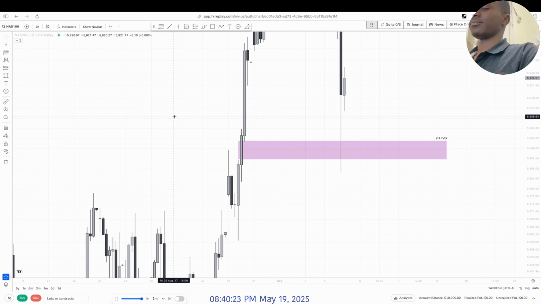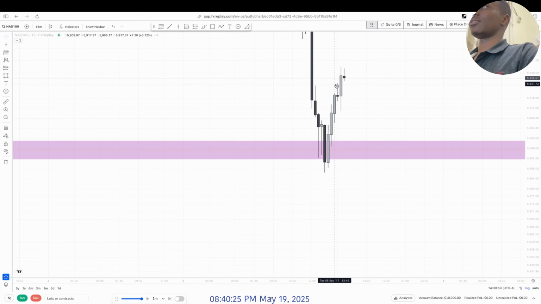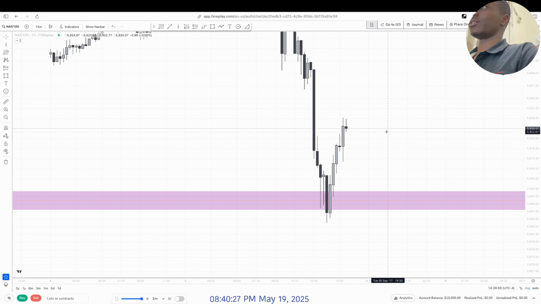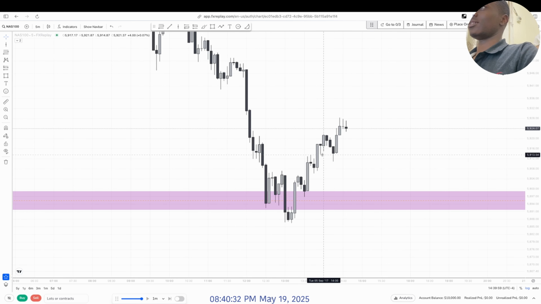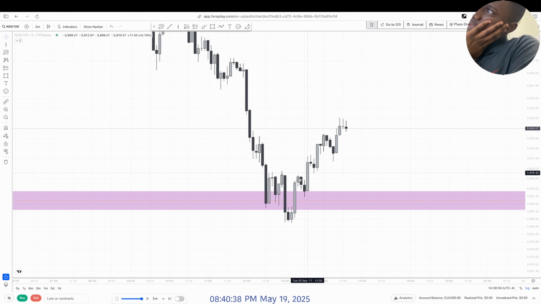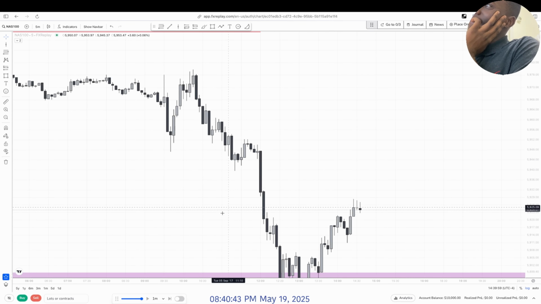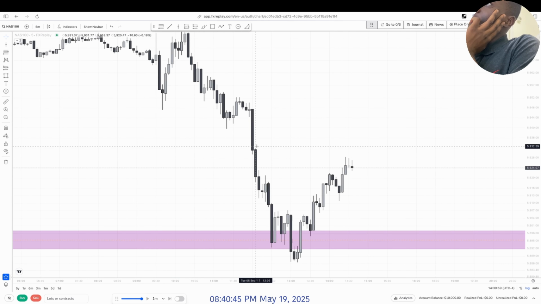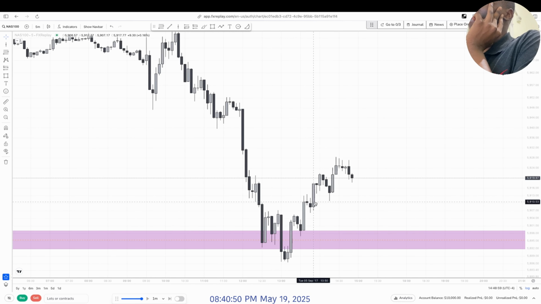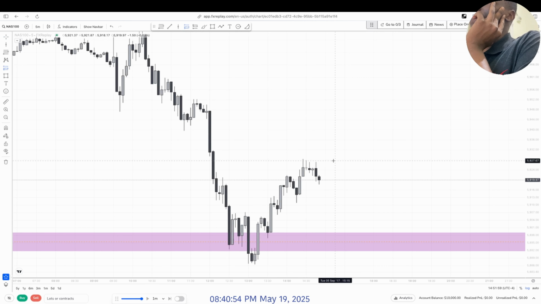Okay, now we go to the 15. We can see that we are trying to push high as we can. Small fair value gap entry there, good fair value gap here, good fair value gap retest here. Wow, what good entries. I think this is about to reverse and maybe target there. So let's see if we're not trying to reach this fair value gap. Okay, so you get another fair value gap retest. It can look for a buy on this one.